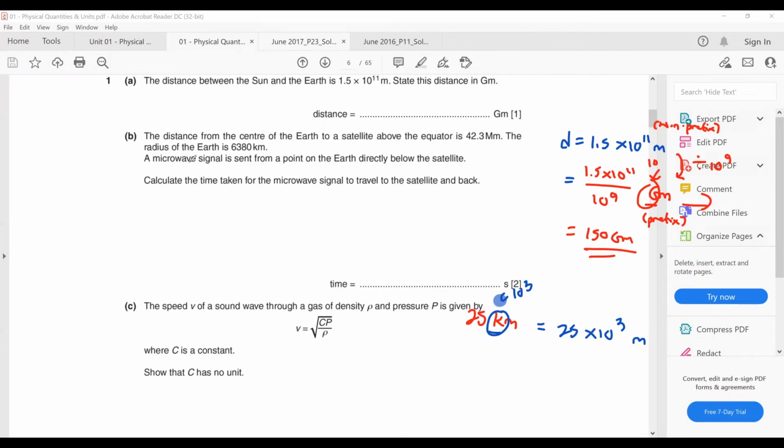Right? Now, you will have learned from waves that microwaves are actually EM radiation. EM radiation has a speed of 3 times 10 power 8 meter per second. This one requires you to know something about microwaves, which is actually EM radiation. It has a speed of 3 times 10 power 8 meter per second. So what they want is you find the time taken for the microwave signal to travel to the satellite and back. So to visualize it,